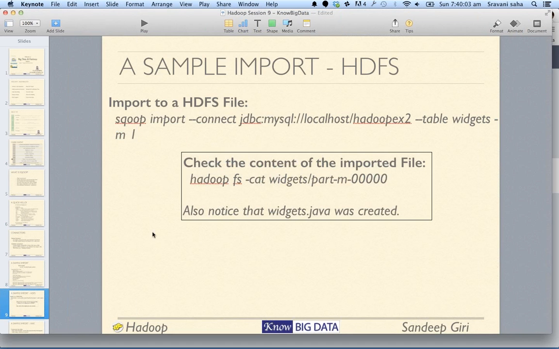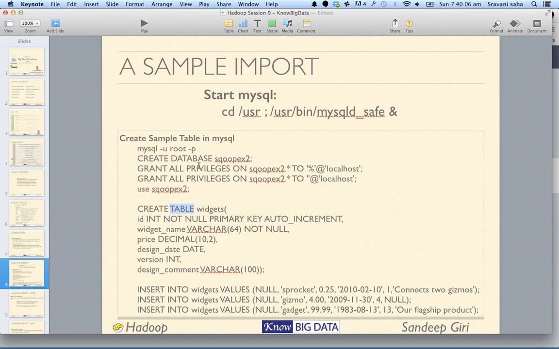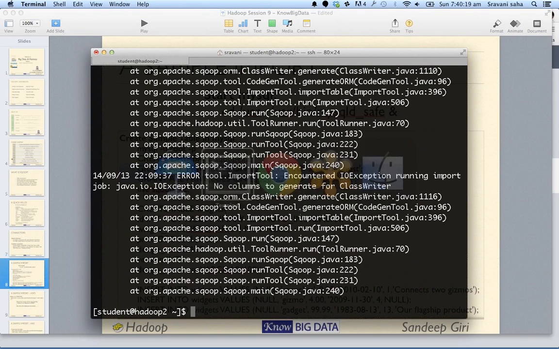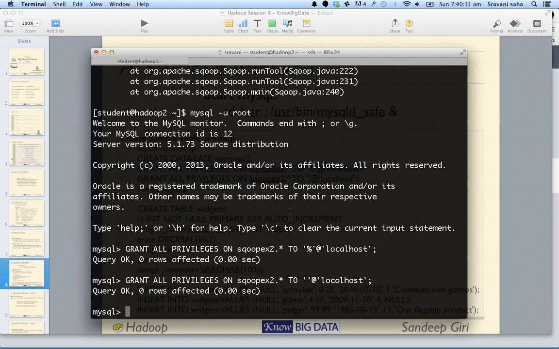I think we gave permissions, right? I think we gave permissions to all the users. MySQL, so basically there's a permission problem. And this is fine, right? So I say